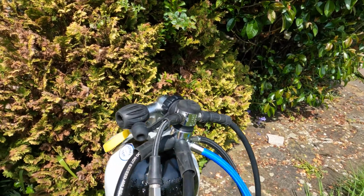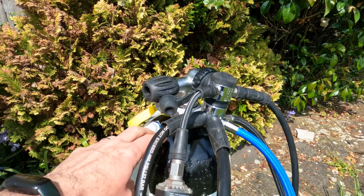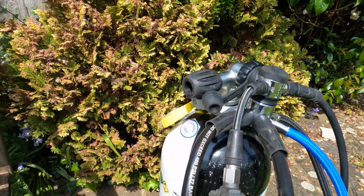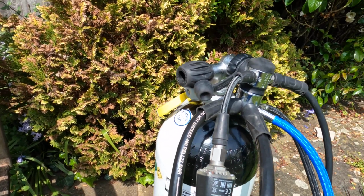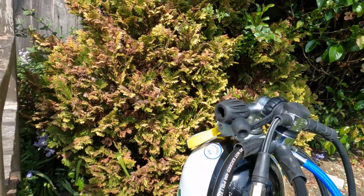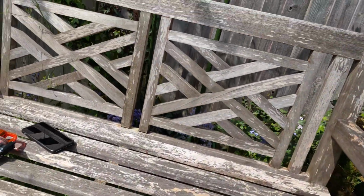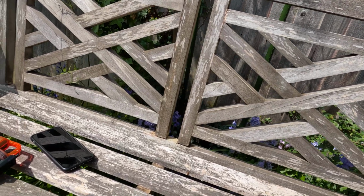So, what does that do? That allows my dive computer to know how much air is left in the cylinder. And then, as all data engineers know, you get one metric, you can extract and derive lots of other things from it. So, your pressure over time gives you your air consumption rate, and basically tells you how long you've got in your dive,